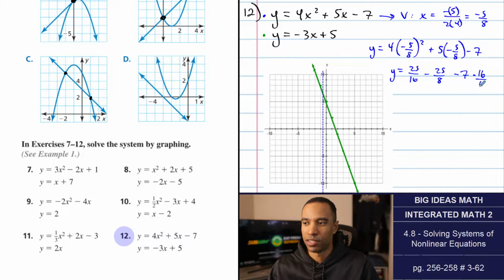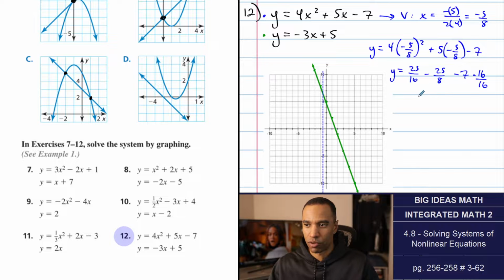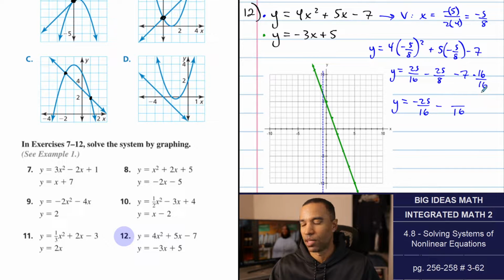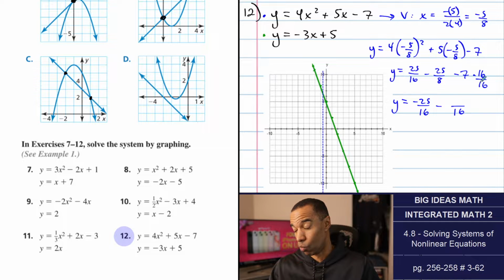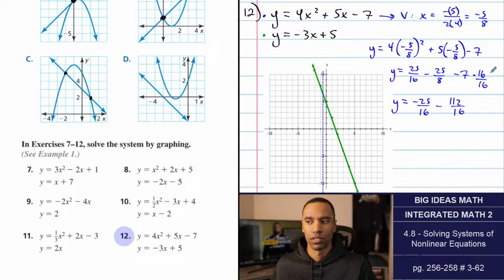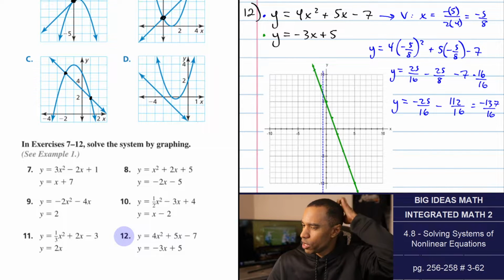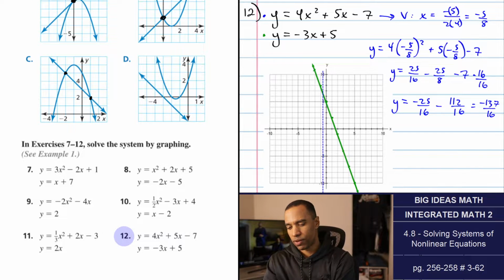Now 7 is going to, I'm going to multiply by 16 over 16 there because we're about to do negative 25/16 minus whatever this is over 16. 7 is 112? 7 times 16, 112? Yeah. Minus 112 over 16, which is negative 137 over 16, which is close to 16 times 5, 6, 7,